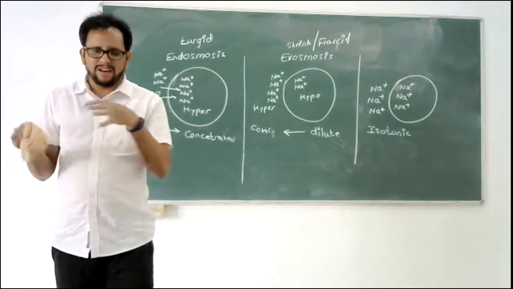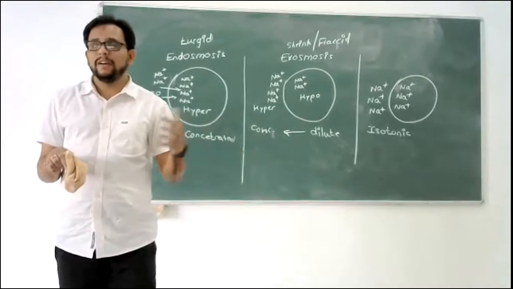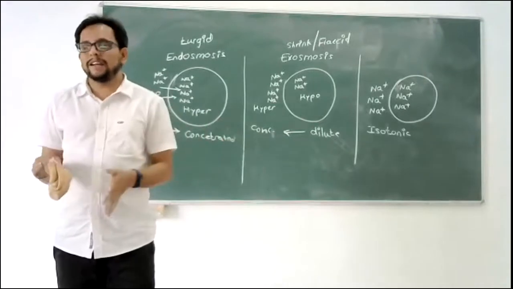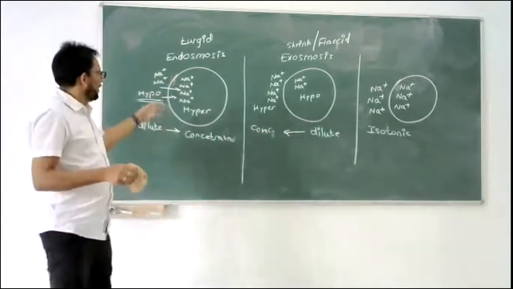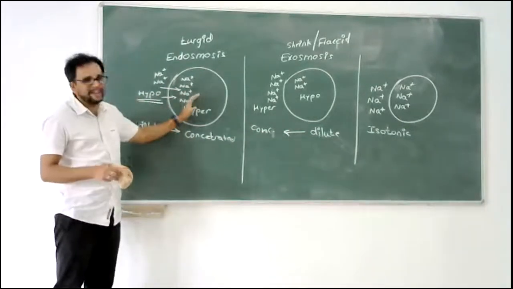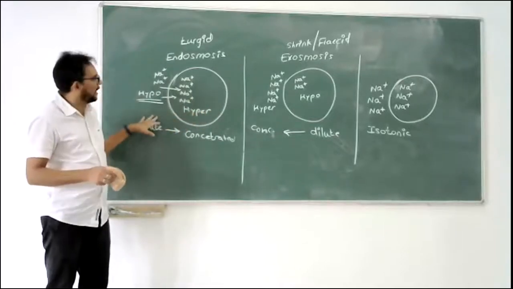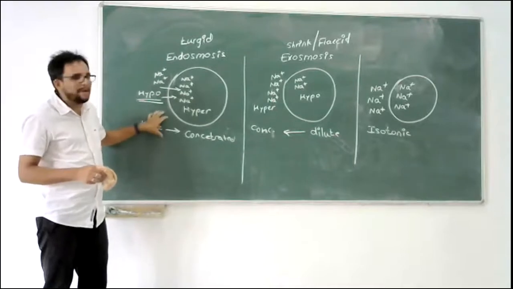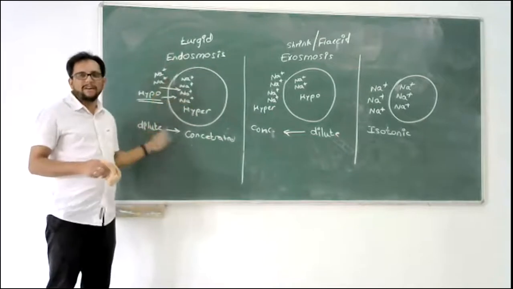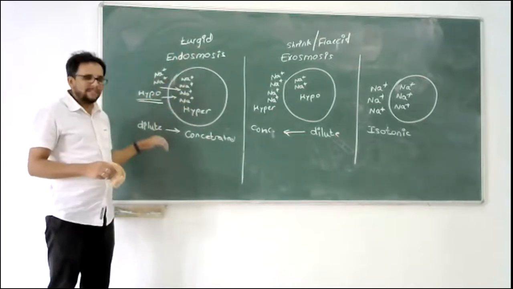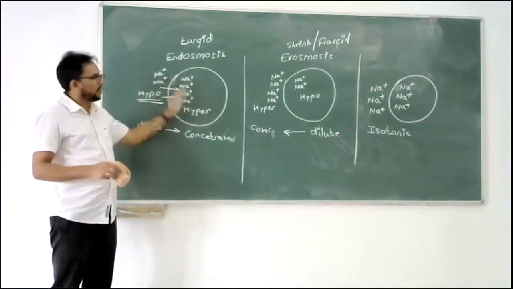Like let's say I earn a certain salary and I pay certain taxes also, right? So those taxes are not my net income. My net income is what I get in my hand. So that way, whatever amount is going inside, there will be some which is going outside as well. The amount going outside in this specific case will be subtracted from the amount of water that is going inside. So the net movement of this whole system is still water moving inside because more water is going inside due to the concentration difference.